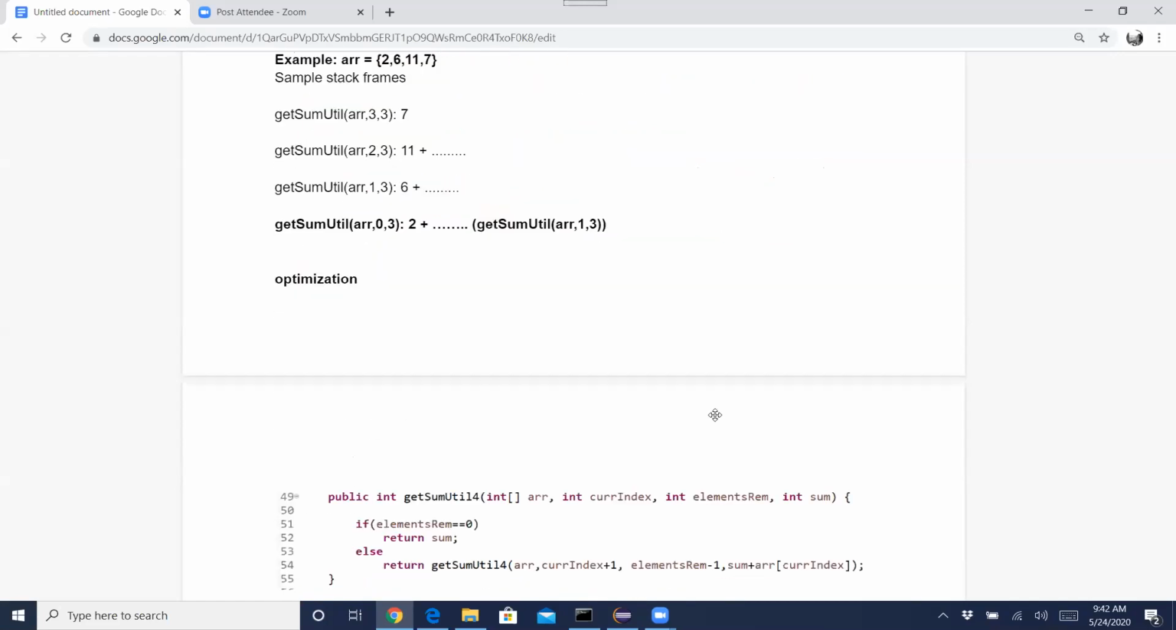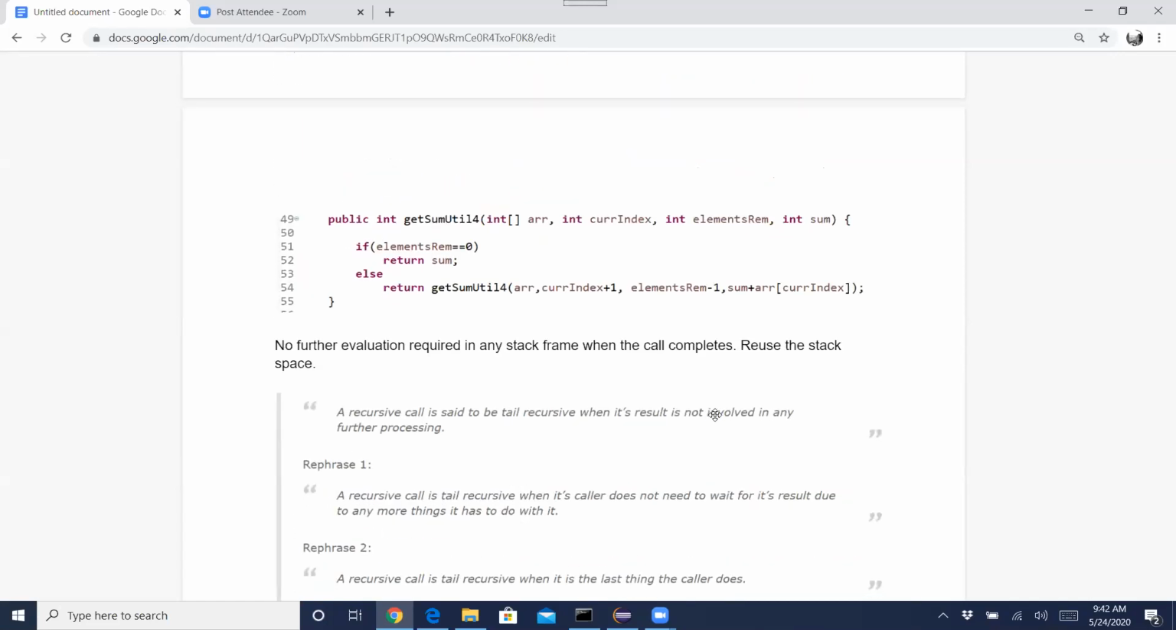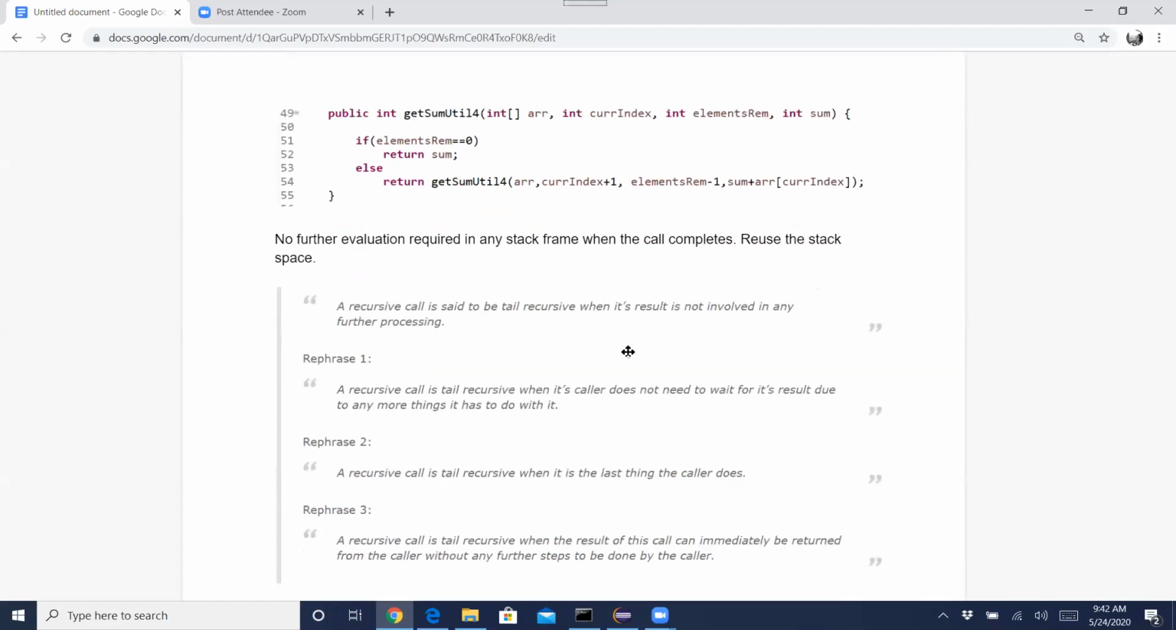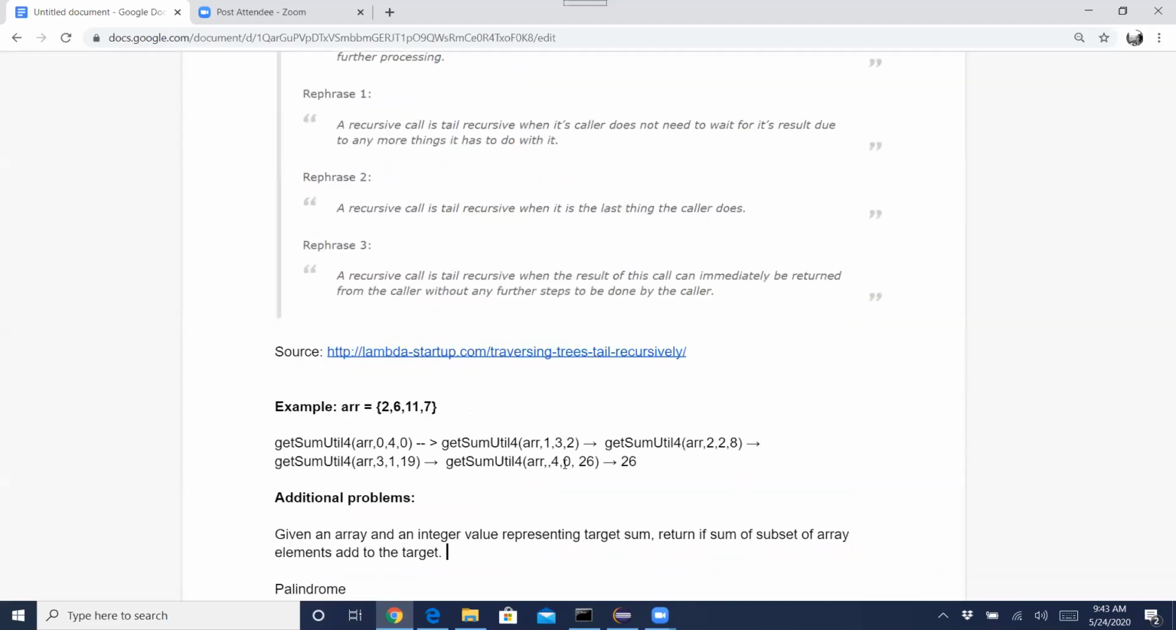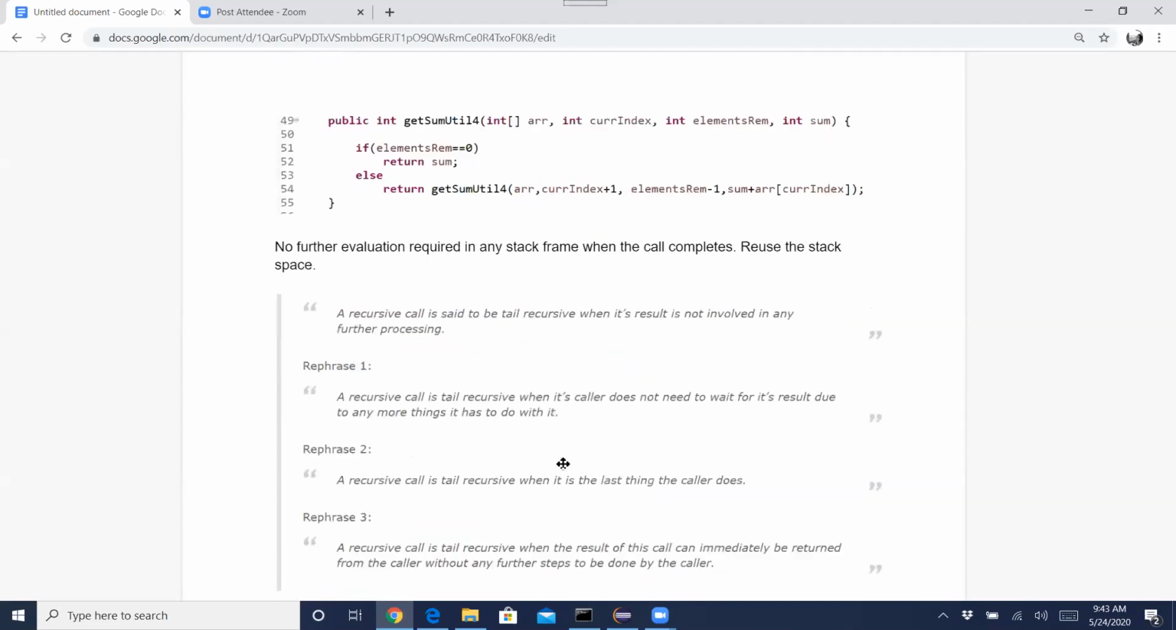So let me take an example of this function only. These are some interpretations I found on the web of how people tend to think about it. A recursive call is tail recursive if its result is not involved in any further processing. In the previous example, the result of this call further needs to be added to another value. So this function call is not complete just because I get the result of the subcall; I further need to add it to whatever value I have in that stack frame. So this function is not tail recursive from that perspective. What would be a tail recursive implementation of this is,